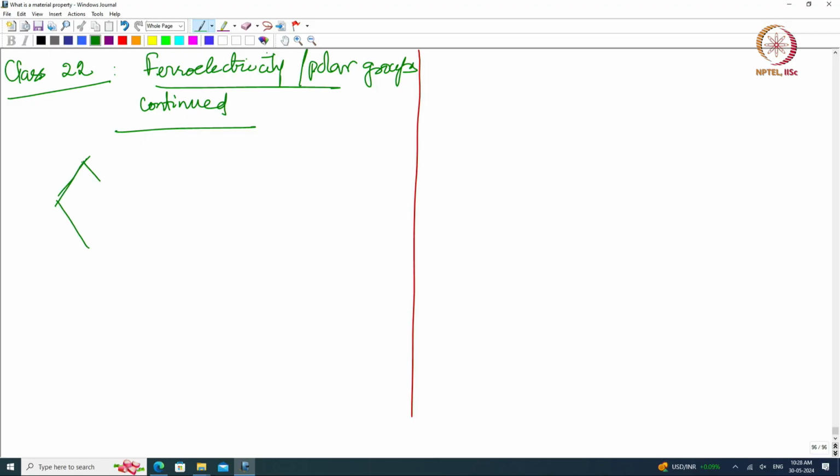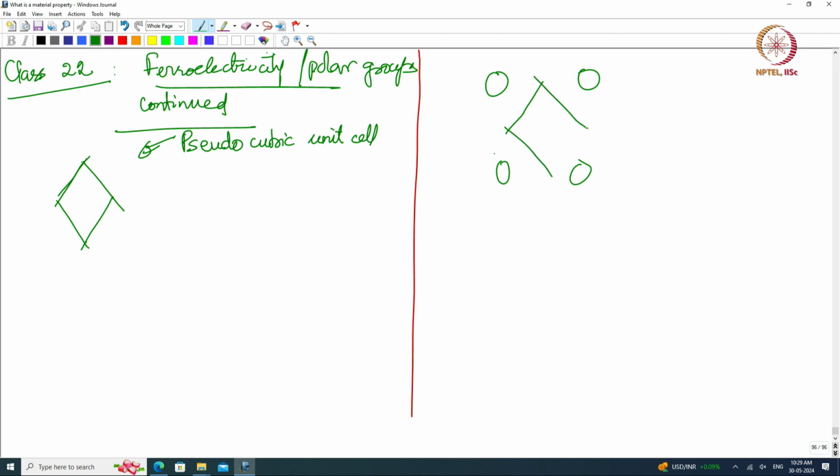I am not going to call it a unit cell. The single cell that I am going to talk about is what is called a pseudo cubic unit cell. If the material were cubic, this would have been a unit cell. So, my unit cell has bariums at the corners, an octahedron of oxygen, and titanium at the center. This is oxygen, this is barium, and so on. So, this is my unit cell